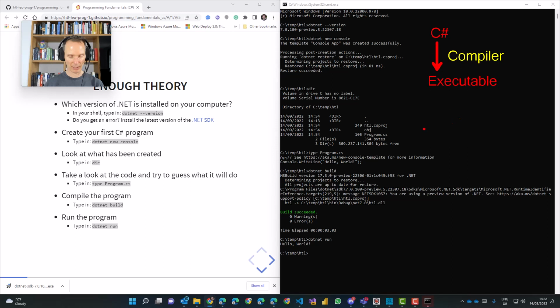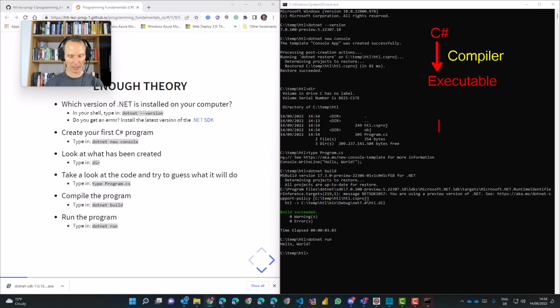It's technically not perfectly correct. The code is not really executable, but for now, please excuse me for being technical and not 100% correct. It is code that the computer can execute with a little help. Okay, but we will learn about that later on.